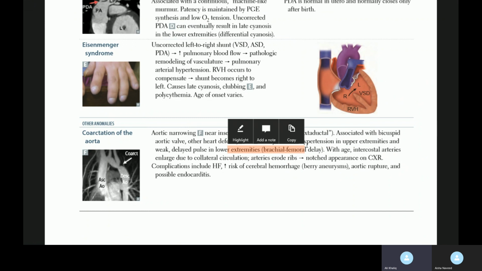Okay, now one more thing. There is one branch of the subclavian artery which is called the internal mammary artery. That branch supplies your thorax, your chest wall, as well as your ribs. So what happens is that when you're having a coarctation, because distal to the coarctation there are branches that are going to your ribs and your chest as well, and you are getting decreased flow to those areas, the branch of the subclavian artery, the internal mammary artery, will give rise to collaterals that will now supply your